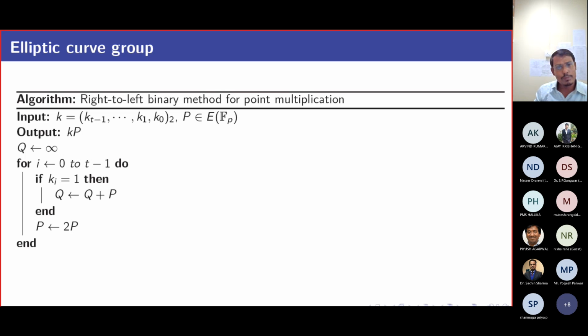The time complexity of both algorithms is the same, because the for loop repeats only t times, order of t, the number of bits in k. But if you perform the naive approach, you have to perform as many additions as the value of k. In this case that is 16, so we would have to perform 16 additions. But in this case, we have to perform only 4 additions.